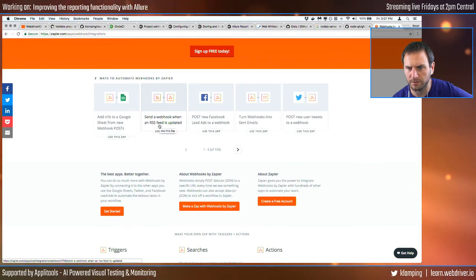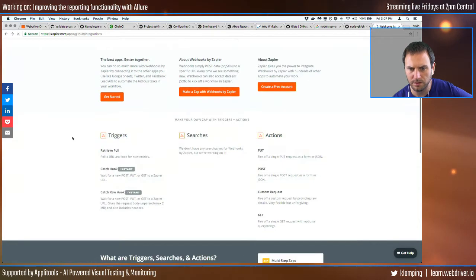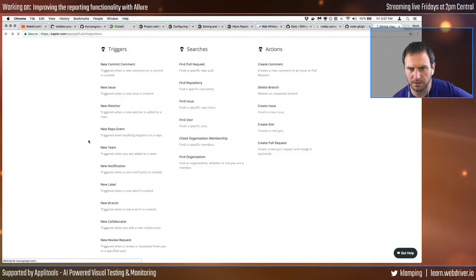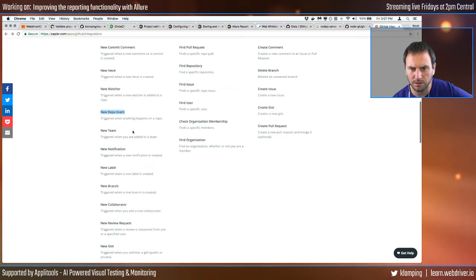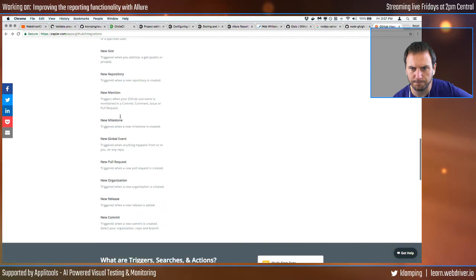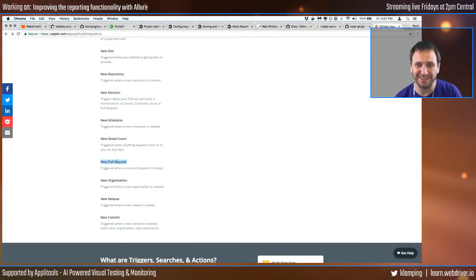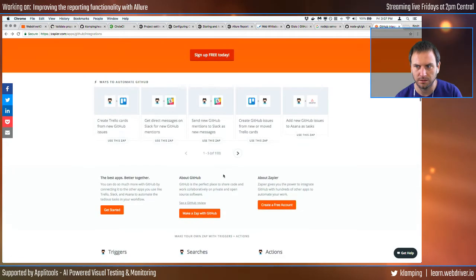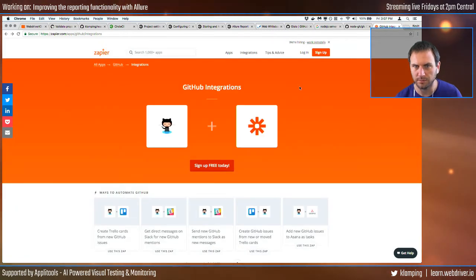Send a webhook when an RSS feed. So this is kind of like what I would want. Okay, so let's jump back to GitHub. Let's see if I can get new repo event. I basically do want to trigger a new pull request. Yeah. Now the question is, can I set that up in, let me see,